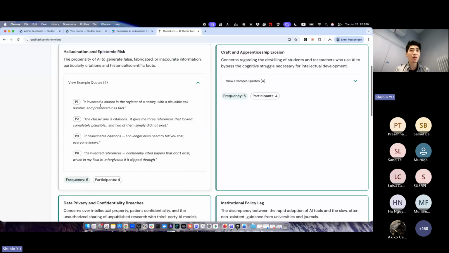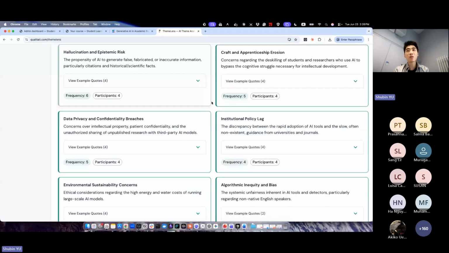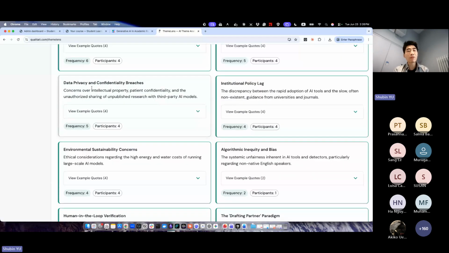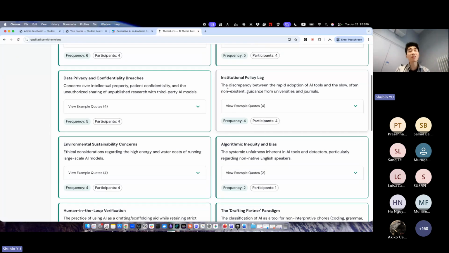It invented a source in the register of notary, etc. The second one is craft and apprenticeship erosion. Data privacy, confidentiality breach. So it's quite similar with the one that we get from Gemini, right? Institution policy lag, so they're more or less similar, but